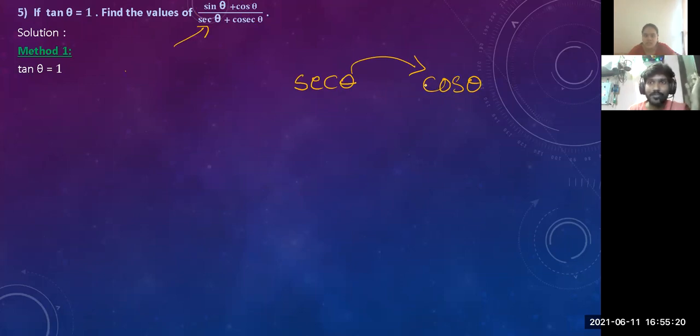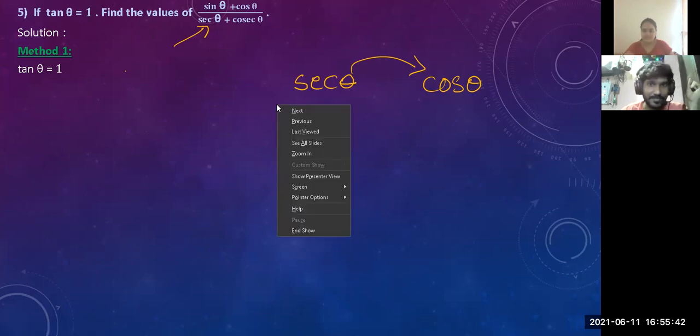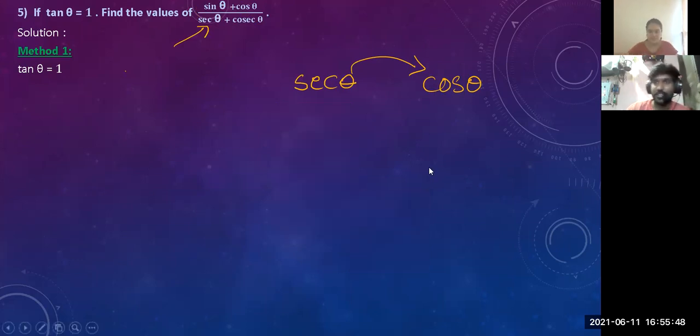Can I do this for homework? Yeah, it's easy. And then if we find cos, then we can find sine, and by sine we can find cosec. Correct. So you know how to do it. Yeah, so I'll do it for homework. I'll just write this much, sine, sec. I'll just write that.